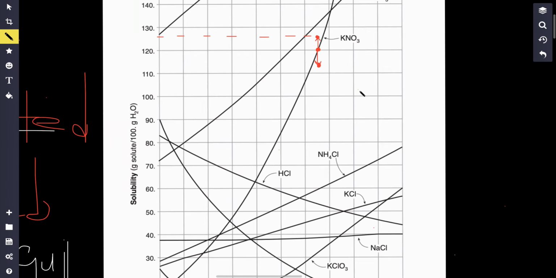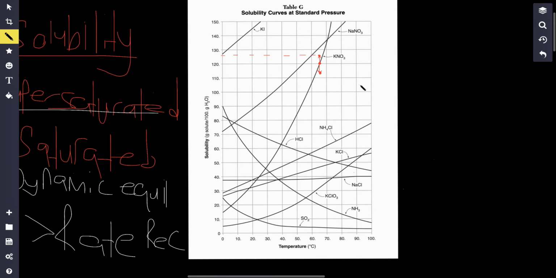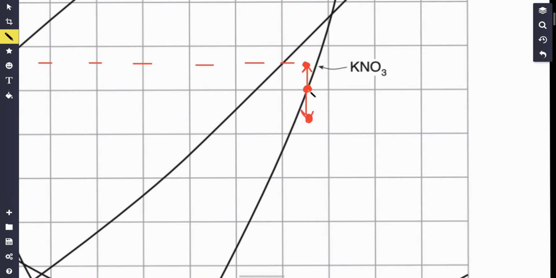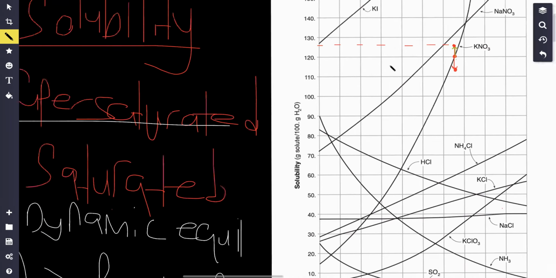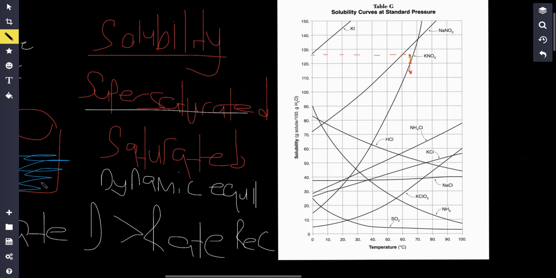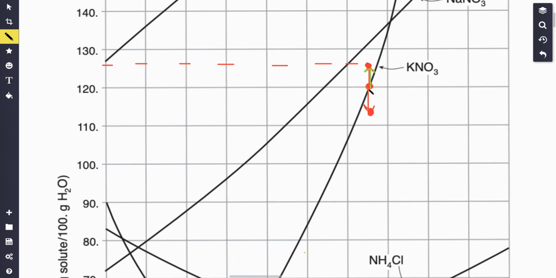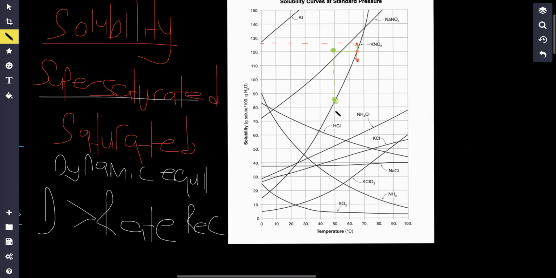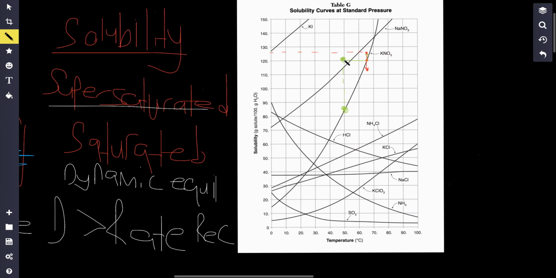Now, there are a couple of ways for you to become supersaturated. One way, as we talked about before, is to just add more solute. If you dissolve more salt than my solution can handle, that's going to cause things to be supersaturated. But another way I can become supersaturated is if I decrease the temperature. You can see how if I decrease the temperature, now I have a supersaturated solution. Normally I should be here for a saturated solution, but now I'm actually up here. So decreasing the temperature and adding more solute are both going to turn your solution into a supersaturated solution. Okay,